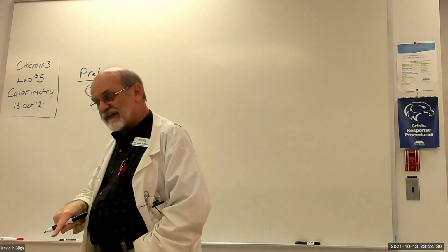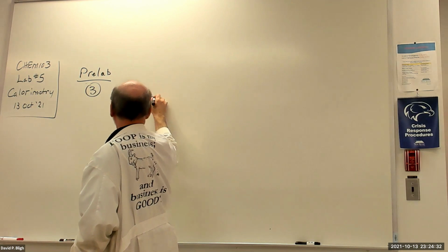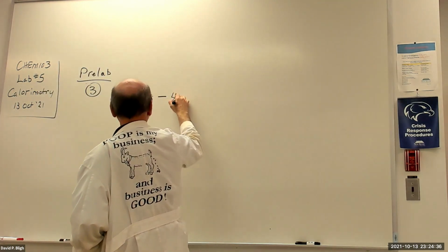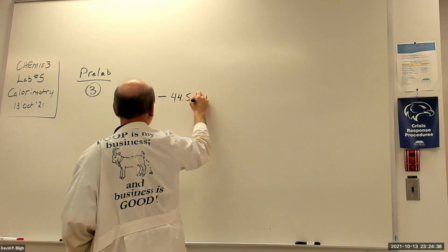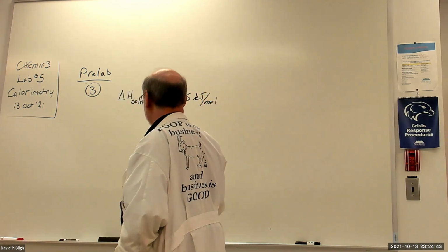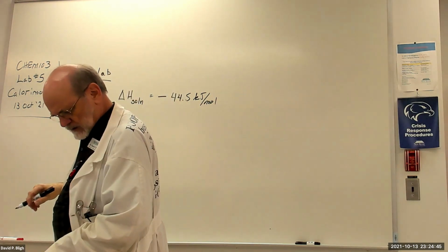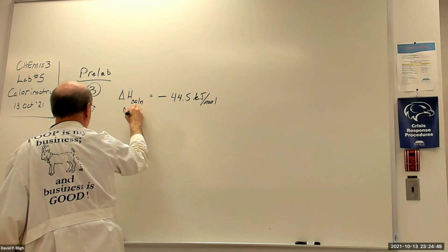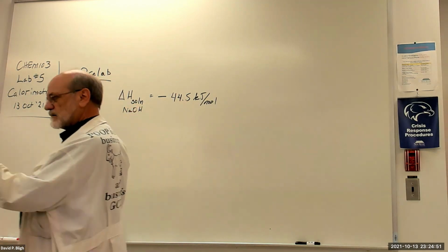Well, this is a negative value. What was it, 44.5? 44.5 kilojoules per mole. The enthalpy of solution for sodium hydroxide, and I can confirm that, because that is that